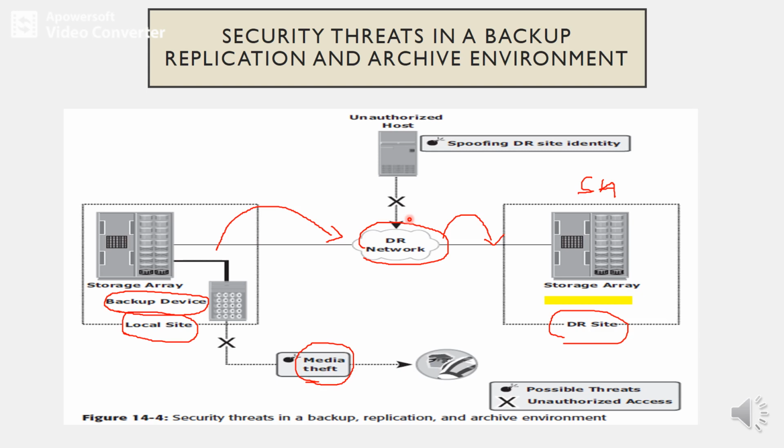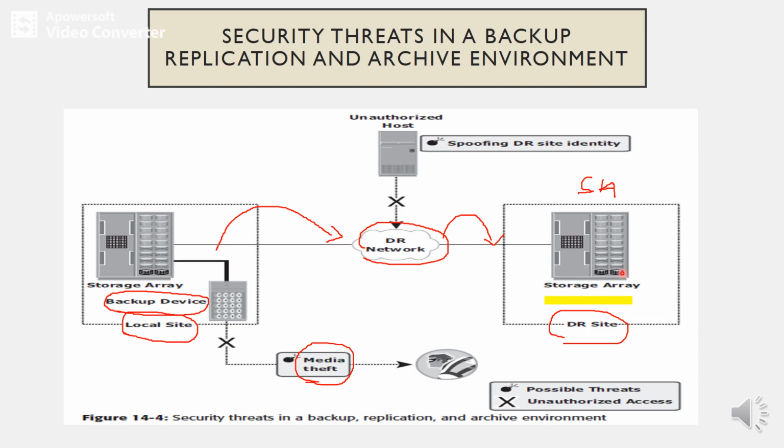An unauthorized host claiming to be the backup server may lead to a remote backup being performed to an unauthorized and unknown site. Along with that, an attacker can use the DR site, that is disaster recovery site, or network connection to get the data, as well as spoof the identity of authorized users and try to access the data. So in order to avoid that, we can go for encryption of the data while sending the backed up data to the backup server.